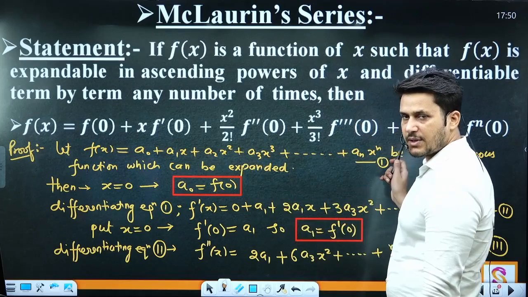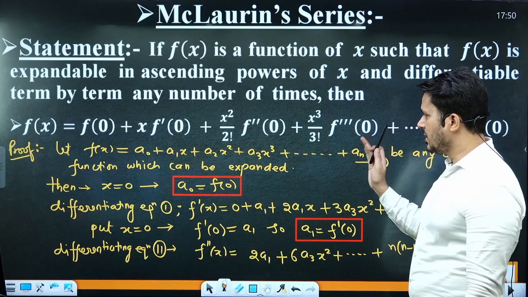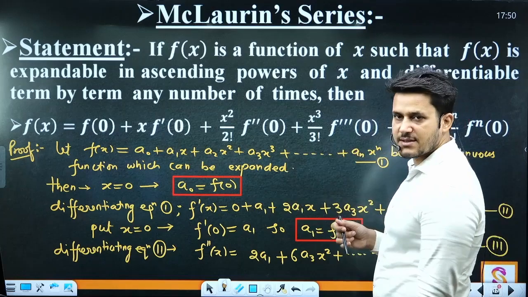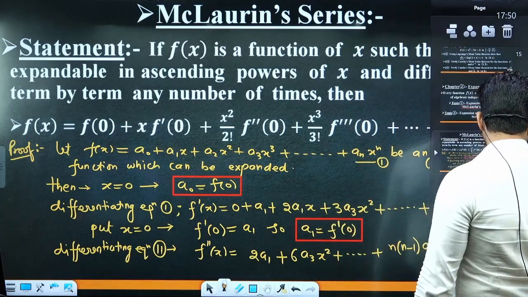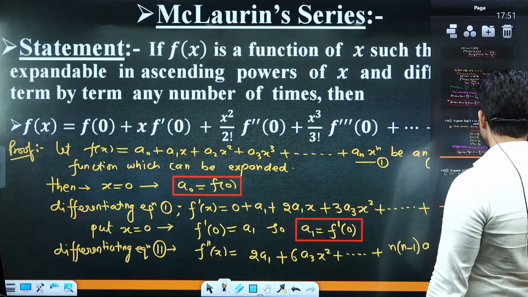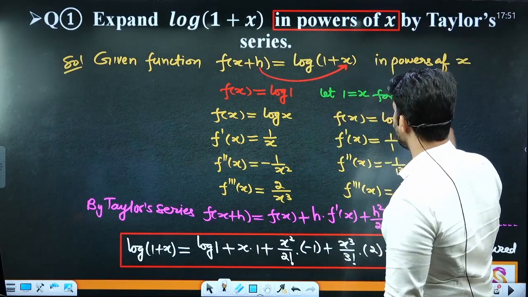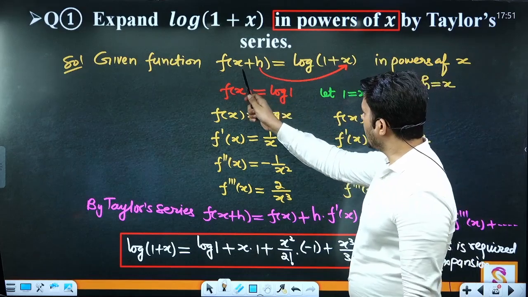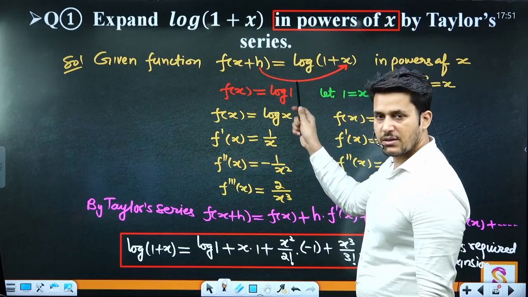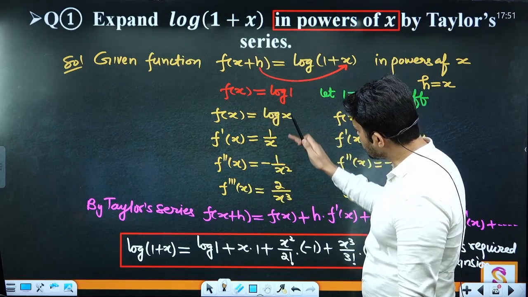So on, ठीक है। इसमें है कि आप सभी फंक्शंस में डिफरेंशिएशन करो और 0 रखते रहो, and the expansion will be always in increasing powers of x, x की इंक्रीजिंग पावर्स में है, ठीक है। But in case of Taylor's, वो आपसे कुछ अलग वेरिएबल भी पूछ सकते हैं, जैसे in powers of x, तो ये हमारा h का काम करेगा in powers of x में, तो x का काम कौन करेगा, log 1, but it is seeming like constant। तो आपको क्या करना है, for differentiation इस 1 को x की तरह ट्रीट करो,